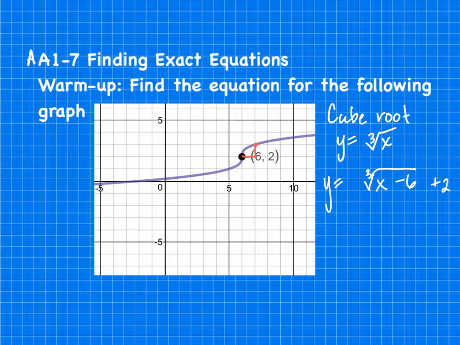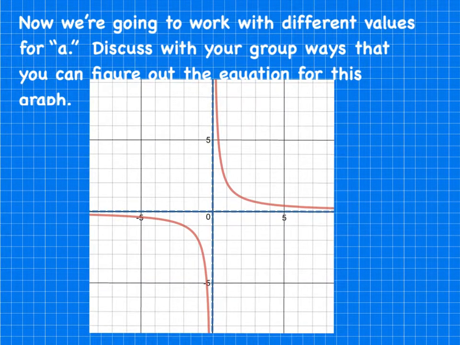So what we're checking for on all of these graphs is whether or not that right 1 and up 1 point exists, because in all of our parent graphs that we've been dealing with so far, that point is there. And when that pattern starts to change, that's when our a value starts to change. And then we'll look at some that you can't really tell from the graph, and you have to have a more extensive process for. So for this first one,